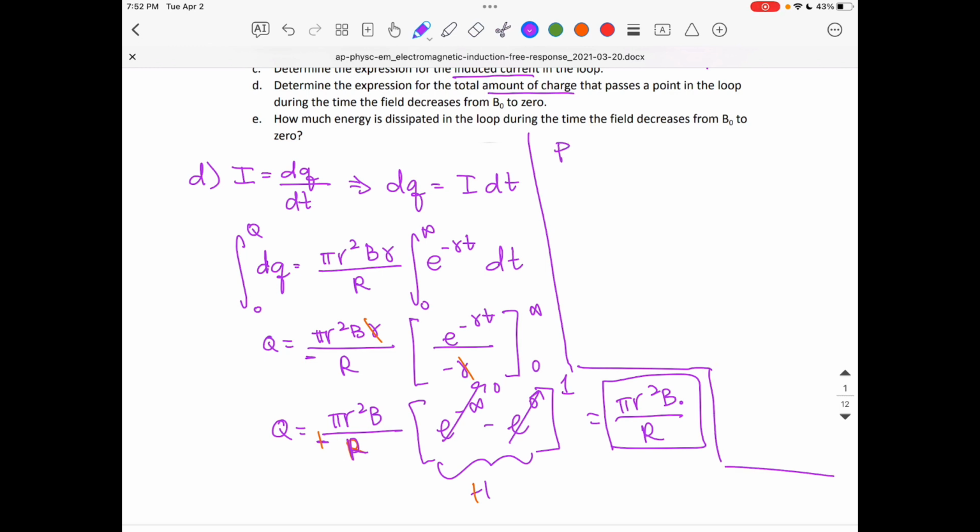First of all, power is equal to dE dt, and we're trying to solve for energy dissipated. And we also know that power is equal to IV. So what we're going to do first is we are going to take our current equation,